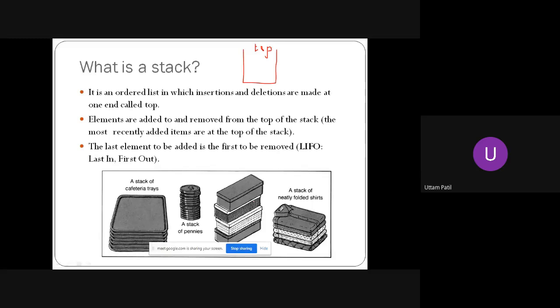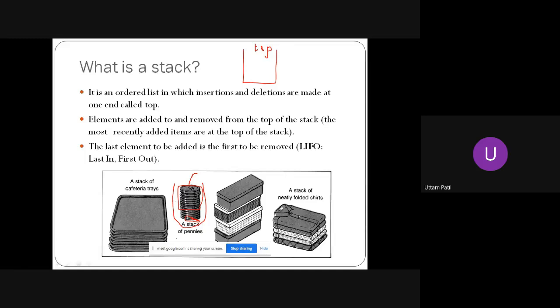Now you can consider those items as maybe a stack of, say, coins. Whatever coin I had inserted last, only that I can remove first. Whatever I had inserted at the bottom position, can I remove it now? No, it is not possible. Unless I remove all these coins which are placed above, only then can I remove the coins which are placed at the bottom.